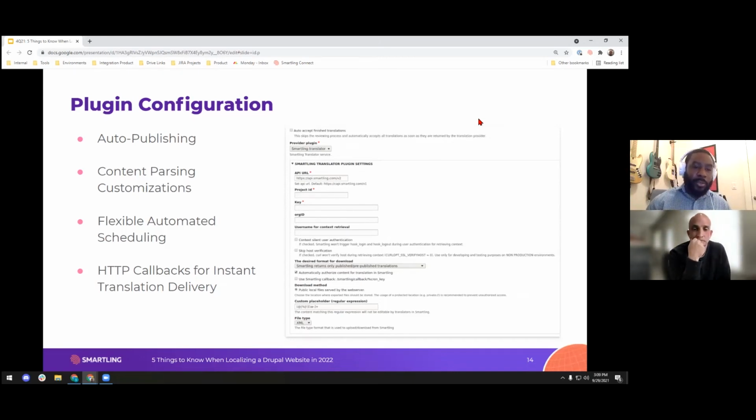All right, so moving on to our next configuration option is the flexible automated scheduling. So the Smartling connector uses Drupal's cron interface in order to decide when to run its necessary executions. The idea is that every interval of scheduled time, Drupal will run its cron job. And that interval of time is customizable to an hour's time. So what happens is every time this cron is scheduled to run, the Smartling connector will perform 3 actions. It will push out any content that you've requested for translation from Drupal into your Smartling project. It will pull in any completed translations in your Smartling project into your Drupal environment. And it will also push out any requested items that you've submitted for translation in terms of context out to your Smartling project. So every time the cron runs, it does all 3 of these actions over and over again as per the interval of time you've defined in the cron job